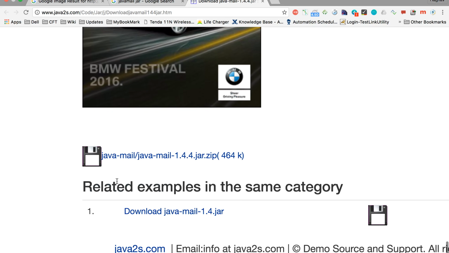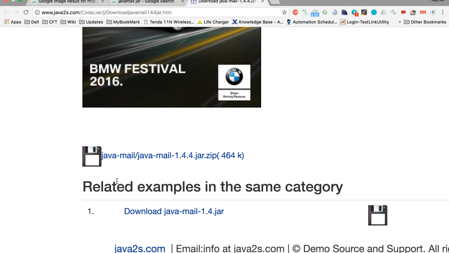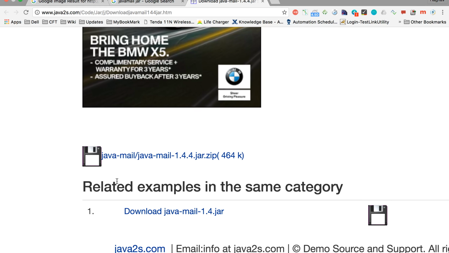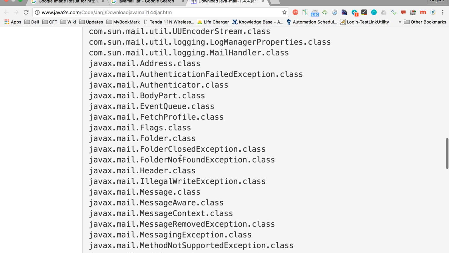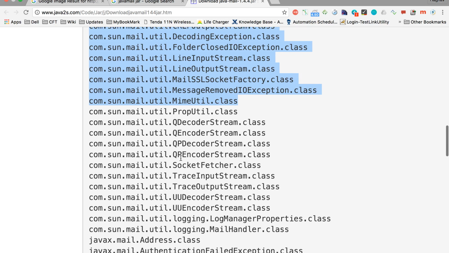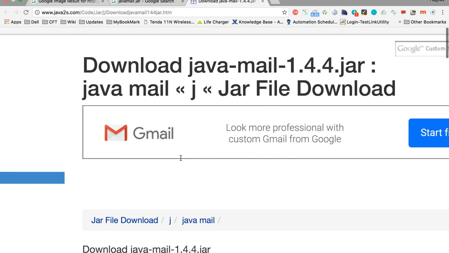Okay, so what this means is somebody has created a project and has created all the source code for sending email through Java, and then he has compiled his program and converted all the compiled class files into a jar file, which is this jar file. So when we get this jar file, we get all the source code and we can use all these features in our Java program.